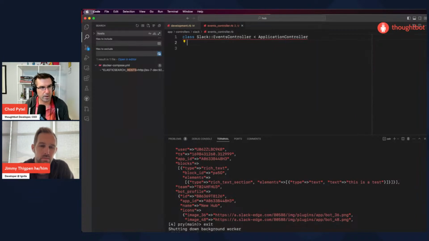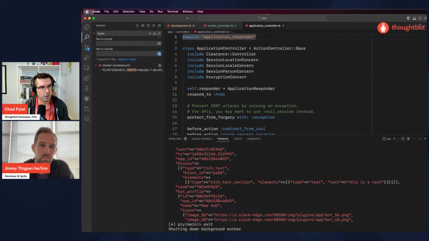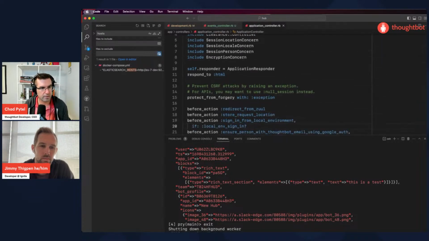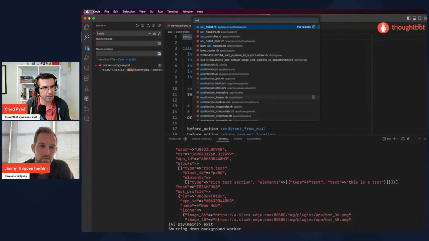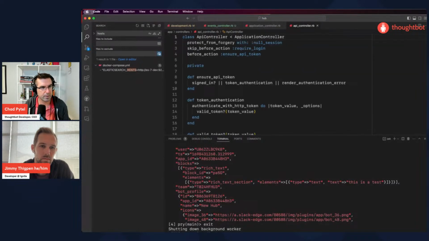The reason we need to make sure, I think application controller includes authentication by default. So we need to look at our API. If we look at our API controller for an example.